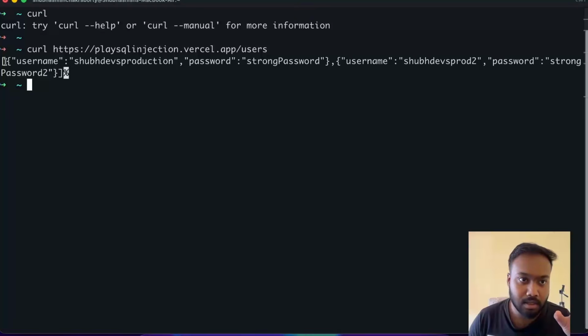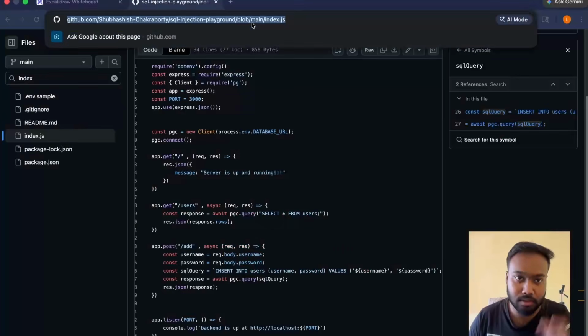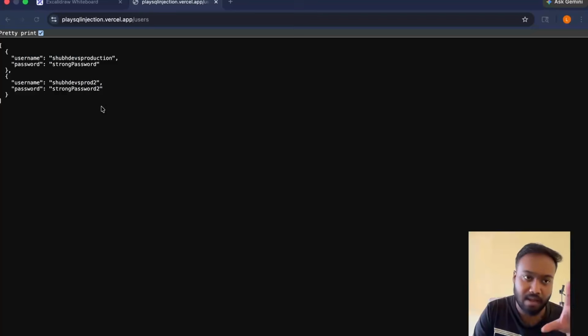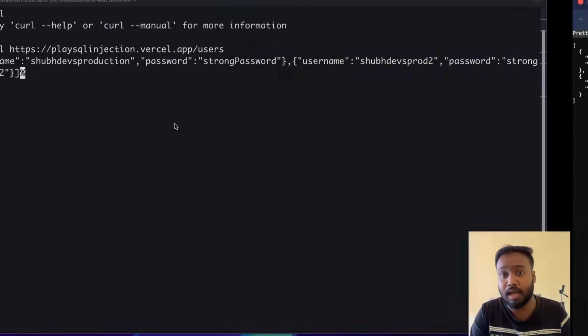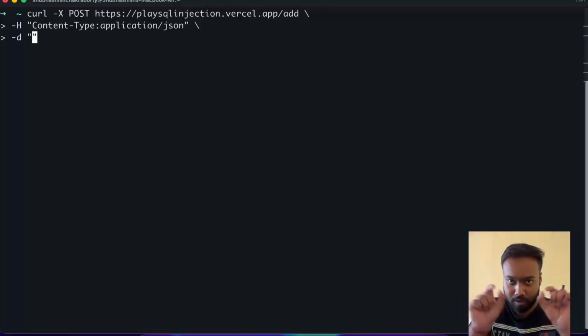As you can see currently, let me show you by going to the browser as well. Here we have lots and lots of data, the users data and everything. Okay, now it's time to perform the malicious SQL injection. So in this case, we're going to use the double quotes. First of all, inside the double quotes